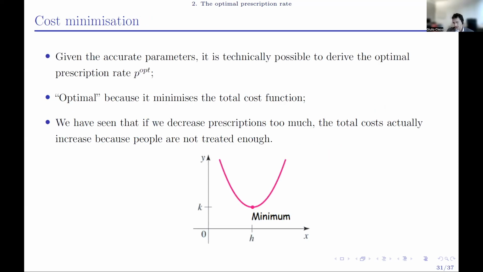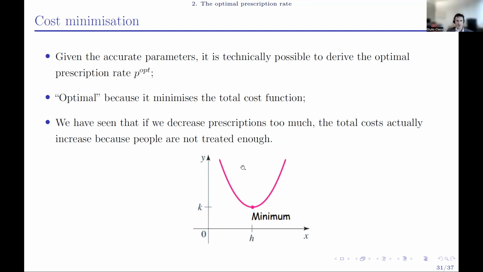The optimal prescription rate in this sense is the prescription rate that minimizes the total costs. So once we have the cost function, the value of a prescription that minimizes the cost is the optimal prescription rate. I put a very simple graph just to show you the idea,